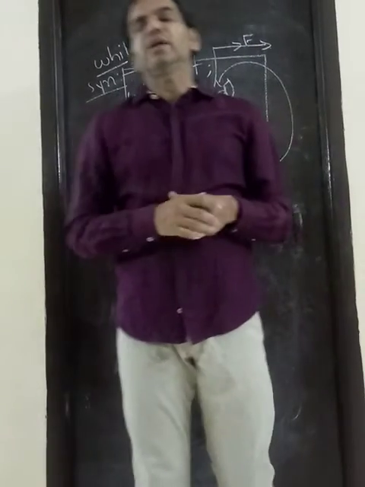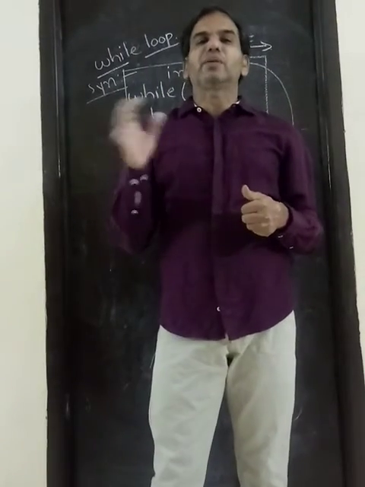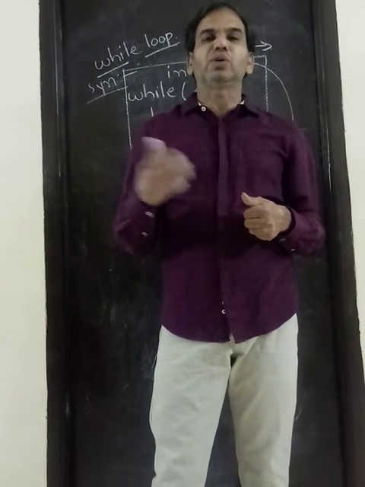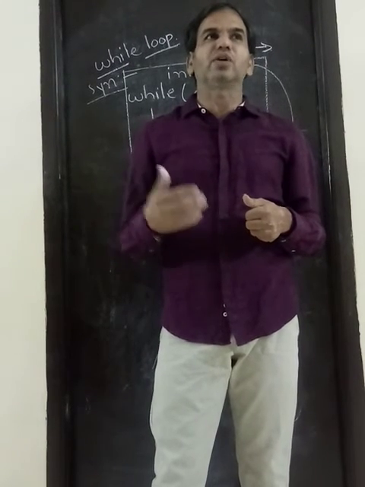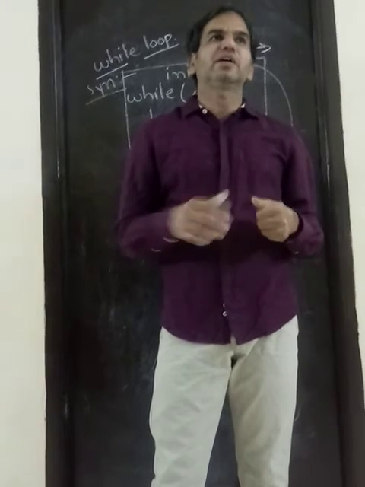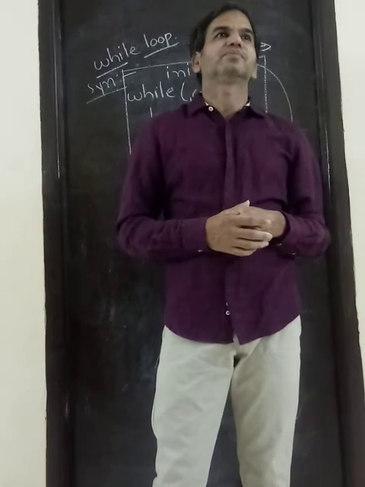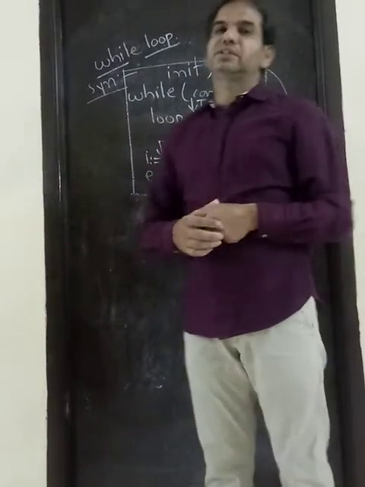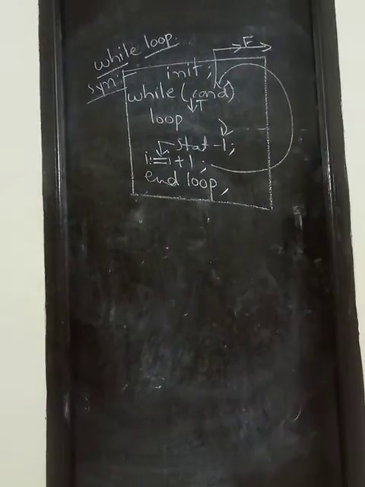And here we will see the factorial of a given number. If you take n value 5, factorial of 5 is 120. 1 into 2 into 3 into 4 into 5. Fact is equal to 120. We will see the program. First of all, you write the syntax, then we will see the program.